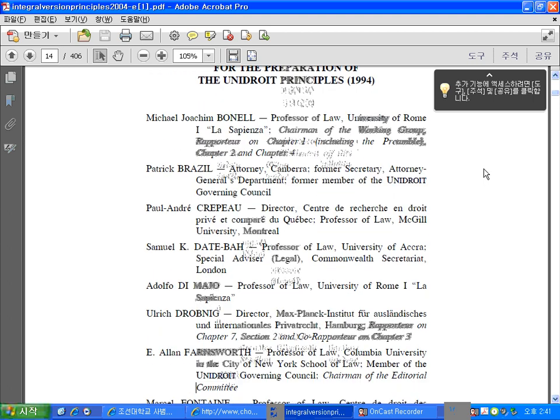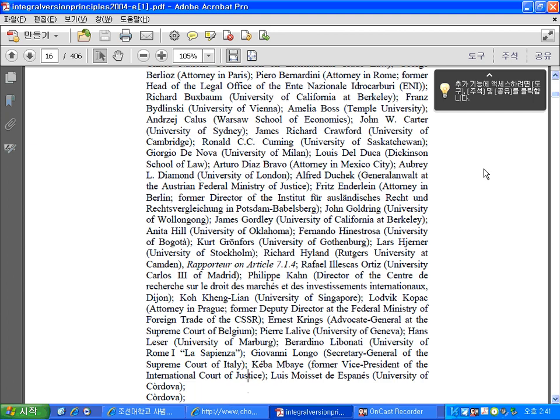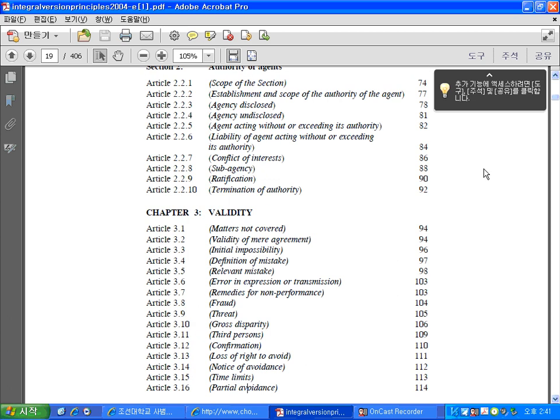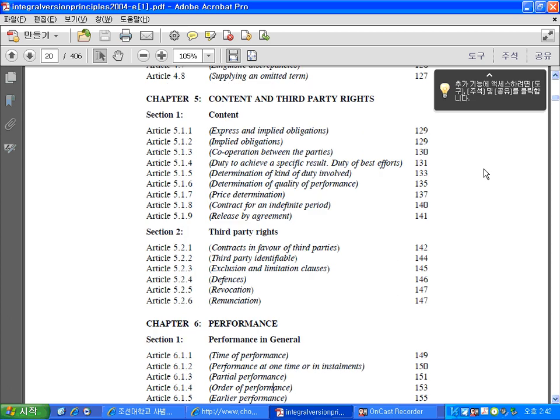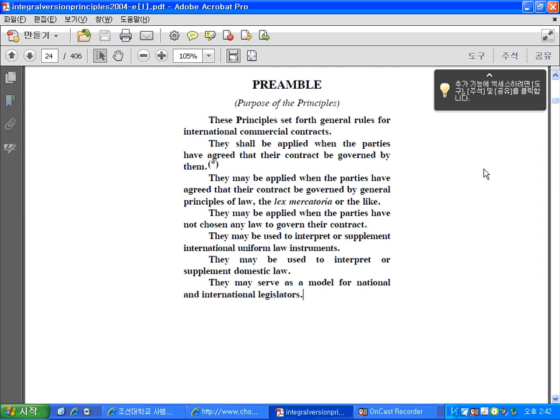So, upon what condition could the principles be applied? That is the starting point. We begin with this document. And later we have a chance to explore the scope of the basic principles. So in the preamble, you can see